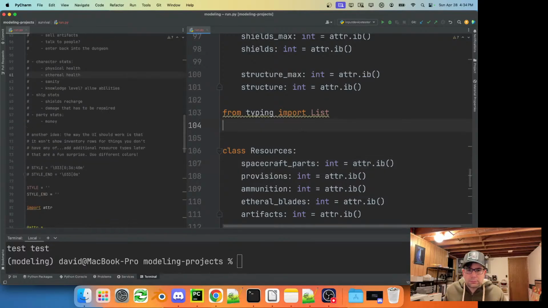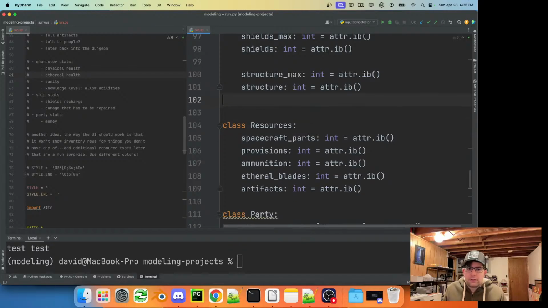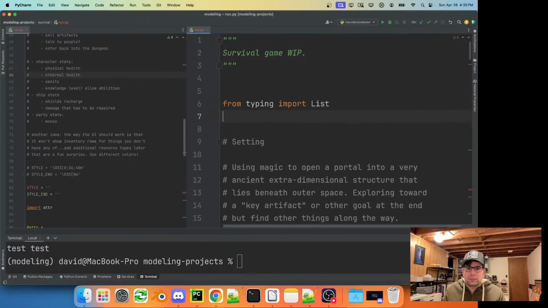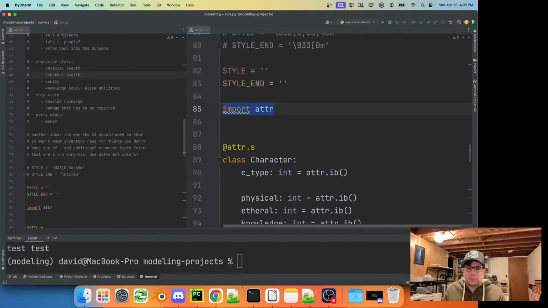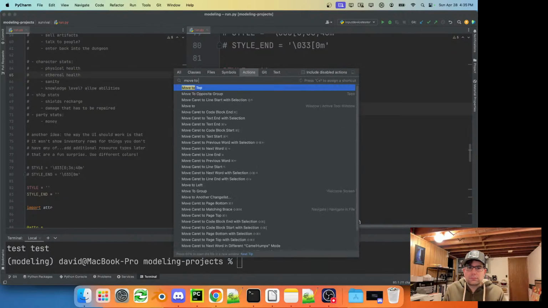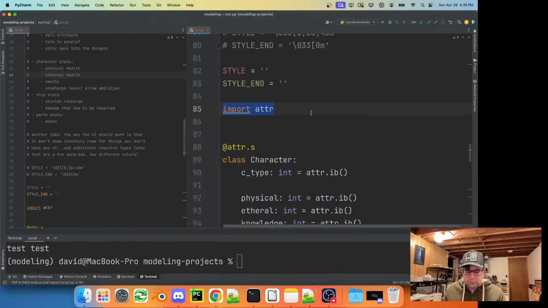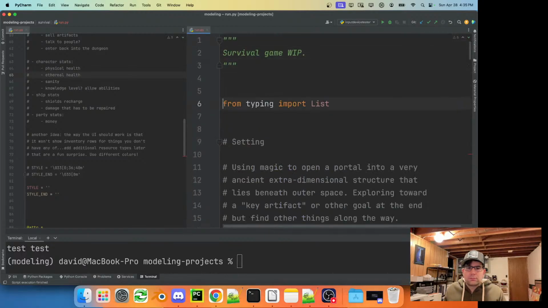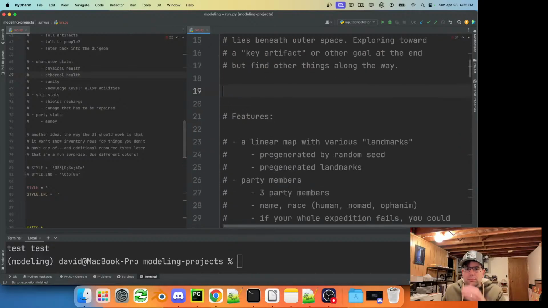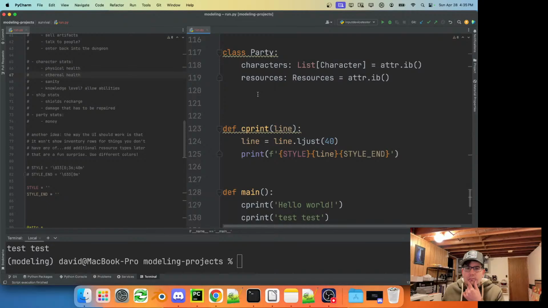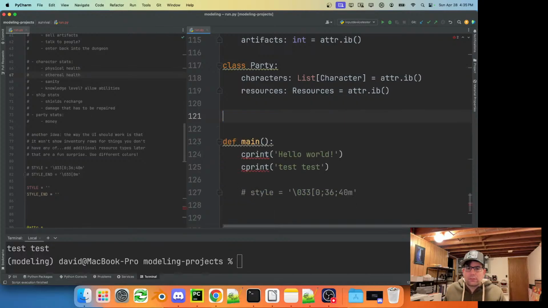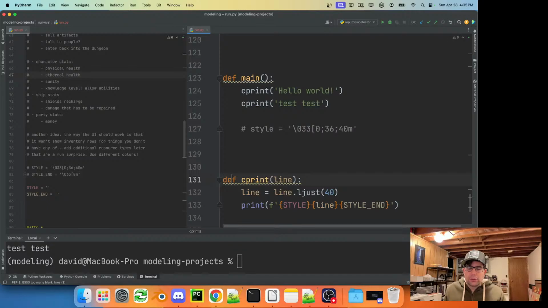Okay. Let's clean this up. Okay. And we'll probably do all the work for this game in a single file.